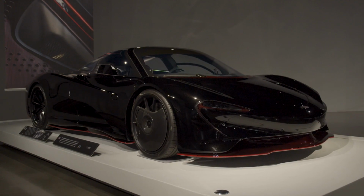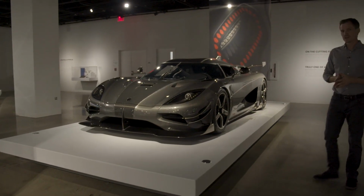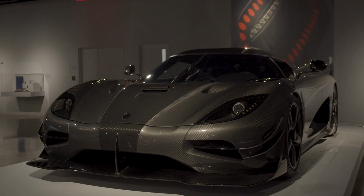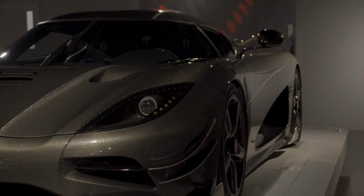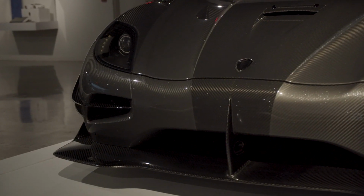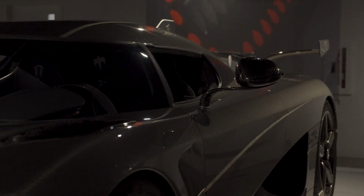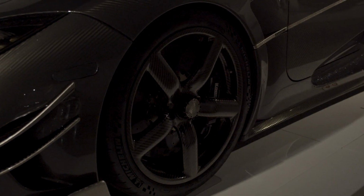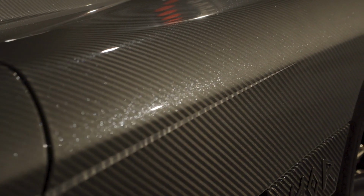Back here, we have a Koenigsegg. This Koenigsegg is known as Thor. That's the title I'm told was given to it by the company in Sweden. Koenigsegg, although it's not a huge company, is one of the biggest success stories in the hypercar world. This one right here, 2018 Agera FE. Agera is the model that preceded the Regera. The Agera at one point in time did hold the world record for top speed,